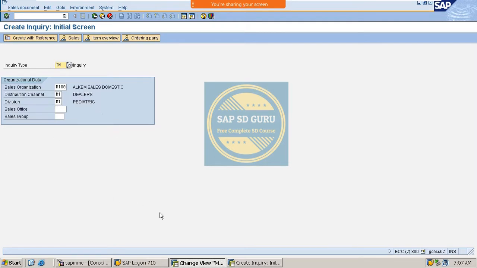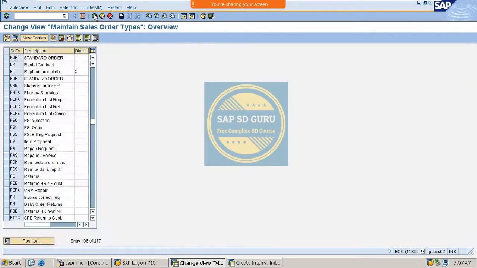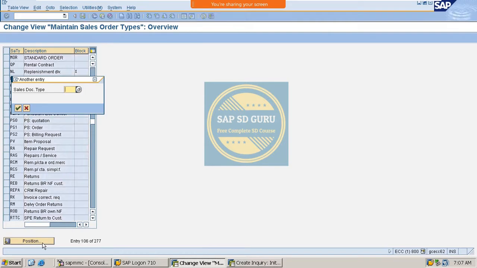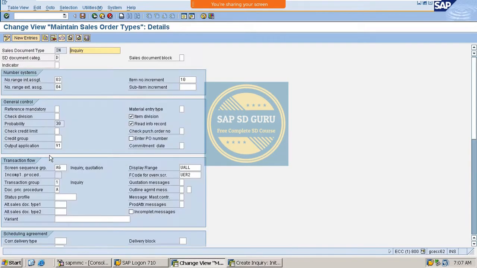So where is the control for that? If you go here and give the value as IN, see here the transaction group is 1, and if we change it to 0,